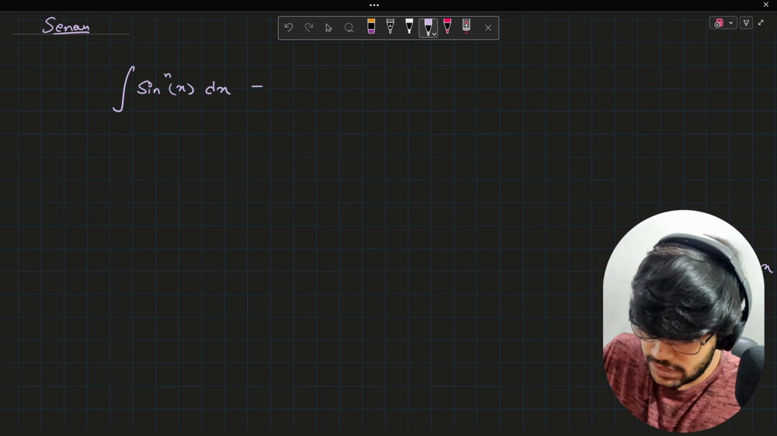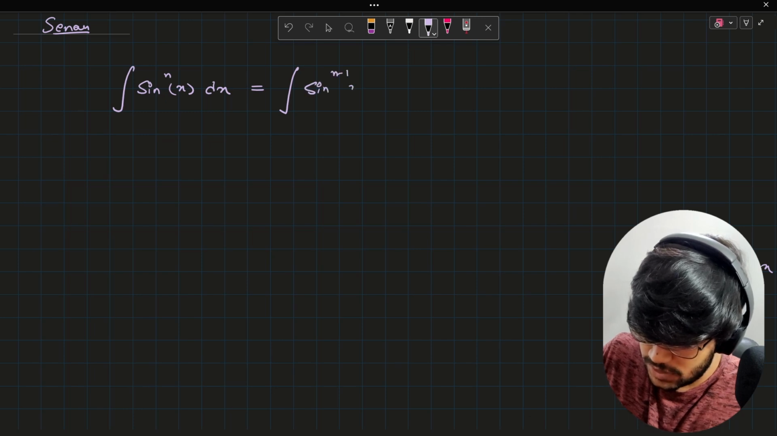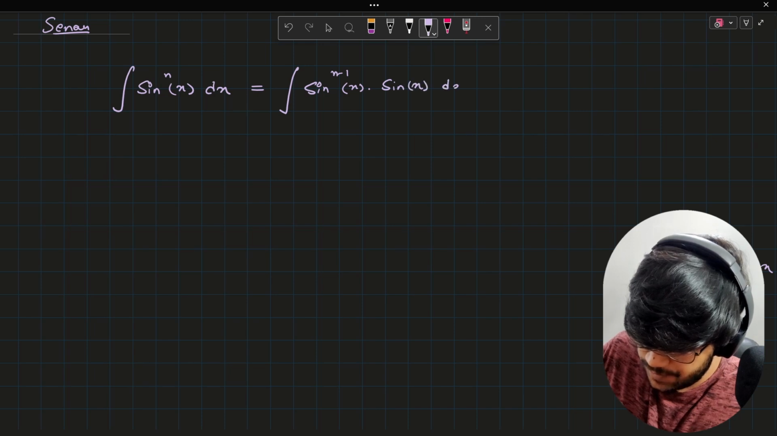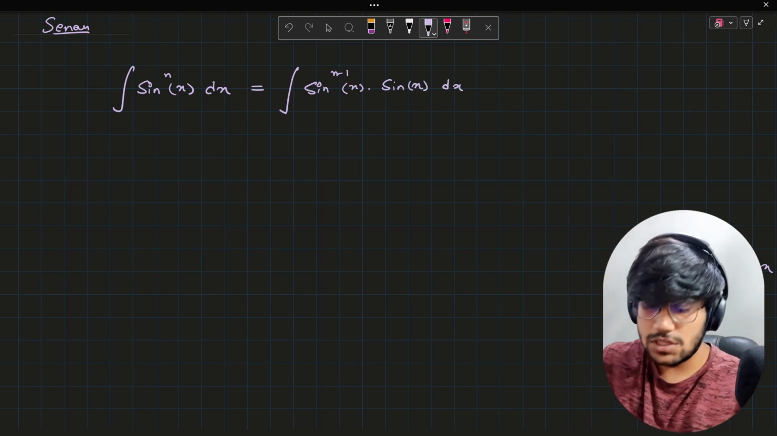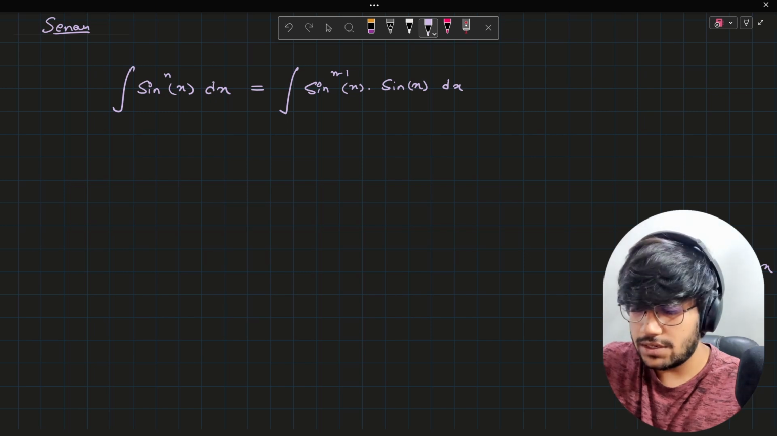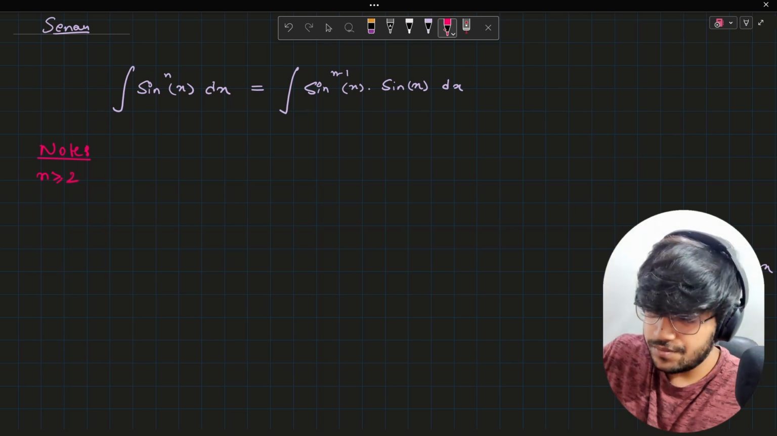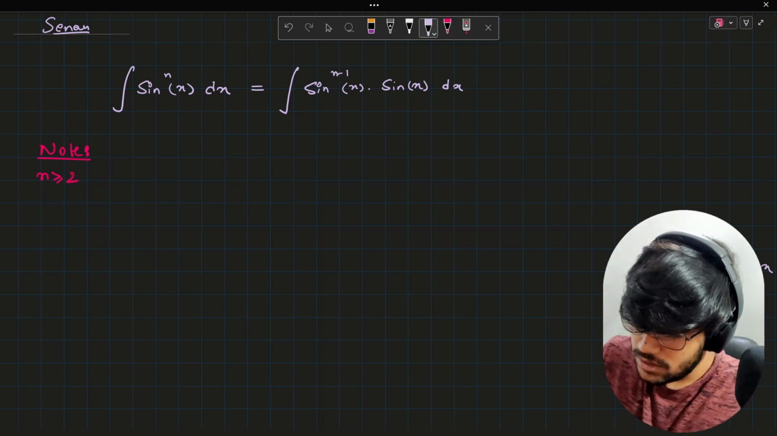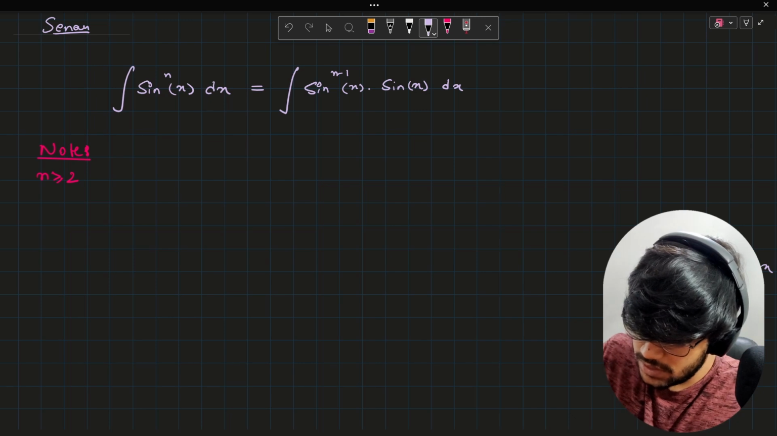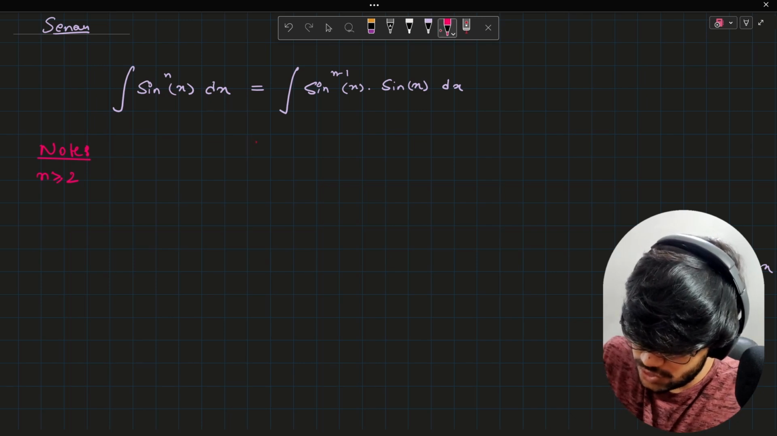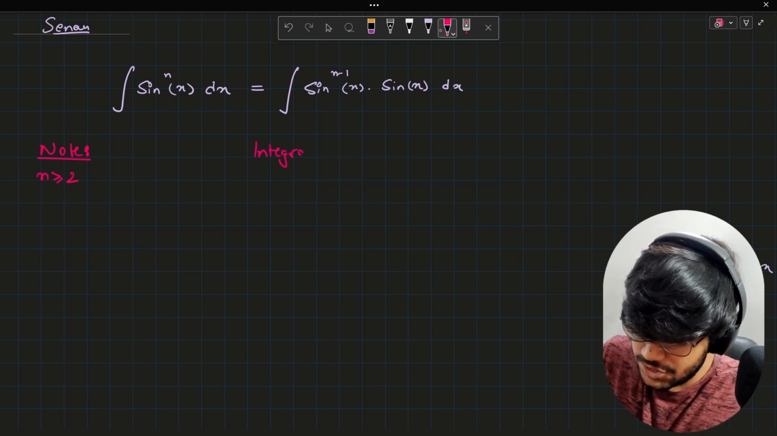So first of all, let us write this as the integral of sine^(n-1) x times sine of x dx, right? We just take one term out and multiply them. Note n is greater than or equal to 2. You'll see why. So we have this, and now we can use integration